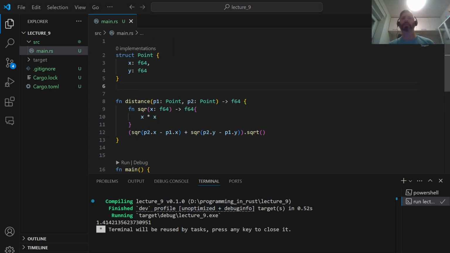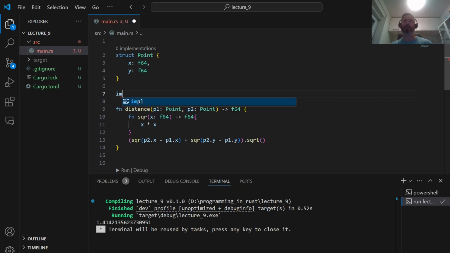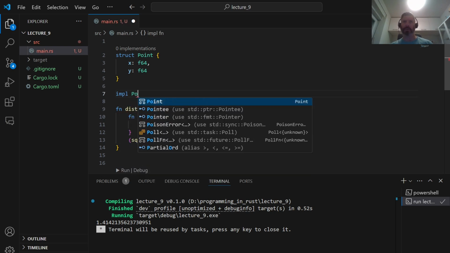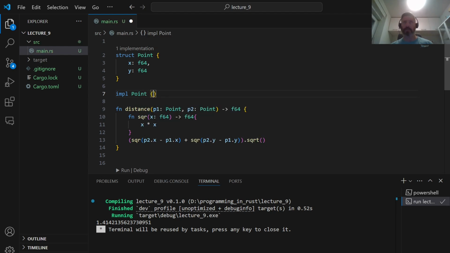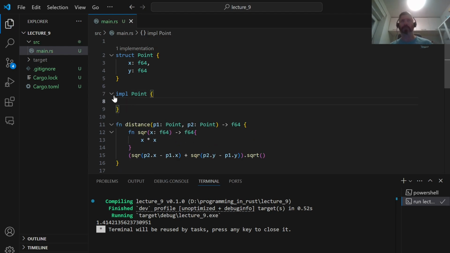now I will show you how to add functions and methods to custom data types. For example, we will add functions and methods to this point structure here. To do this, you must have an impl block that is defined like this. You have the impl keyword, then the name of the custom data type, and then these curly braces. And now every function or method that you define inside these curly braces will be bound to